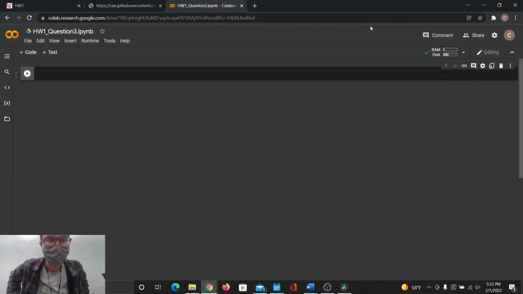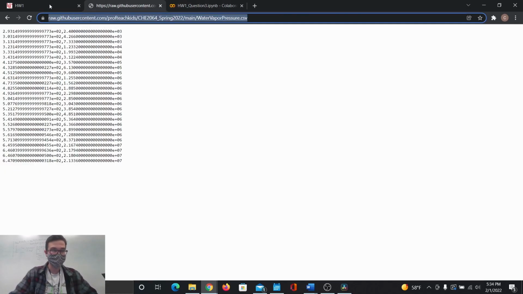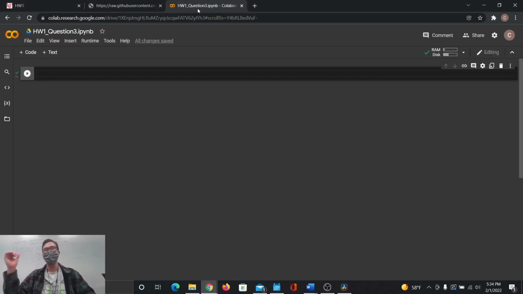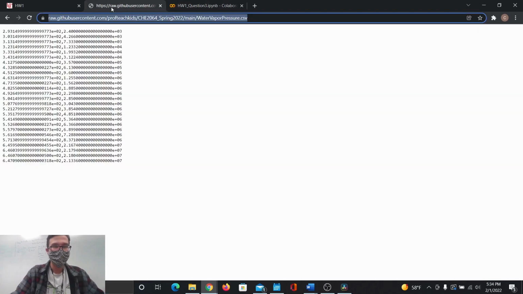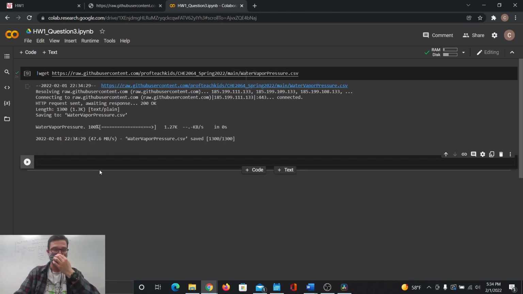Okay, now that we're ready to start coding, I have the Colaboratory file opened up here. Homework 1, question 3. I have our raw data here. And I have the homework 1 thing. So we're going to start by fitting the experimental water vapor pressure data on our GitHub site, again, here, to the Antoine equation by nonlinear regression using sum squared error on the board. So we're going to start by using !wget. I'm going to just simply get this thing, Control V, Shift Enter,